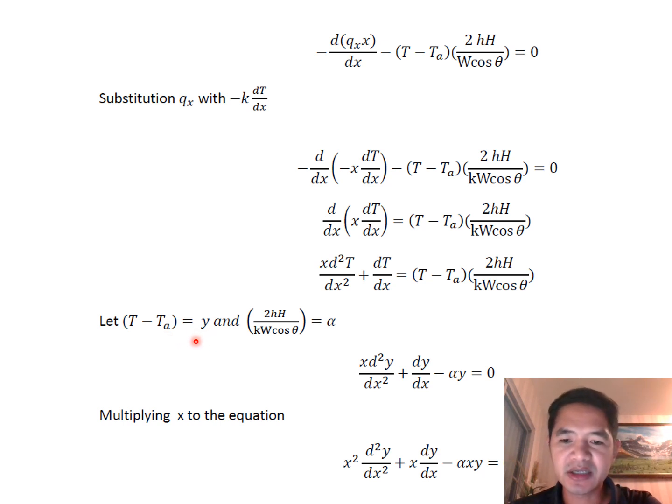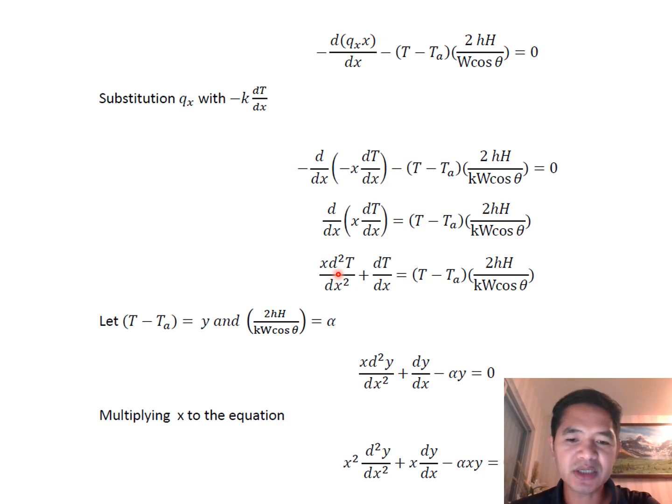Let's say y here, and 2h, small h, times h over k w cos theta equal to alpha. Okay, so then if we substitute t here, when you do the differential, it's going to be the same, because